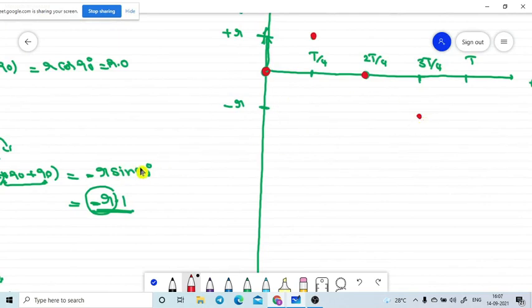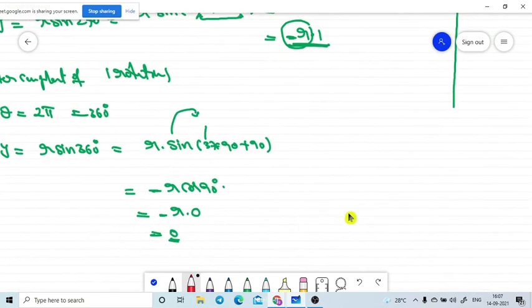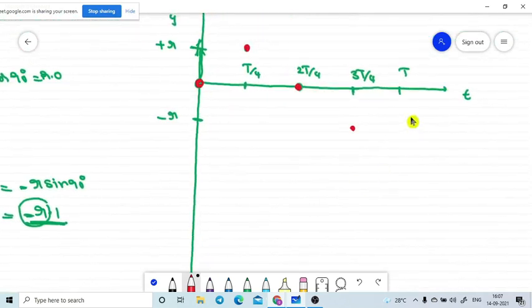Again, at t is equal to one complete rotation, where is the particle position? One complete rotation, 0. So let me draw the smooth graph by connecting these points. Not a straight line, drawing the curved lines with a smooth graph. So this is the graphical representation of the displacement of the particle with respect to the time.